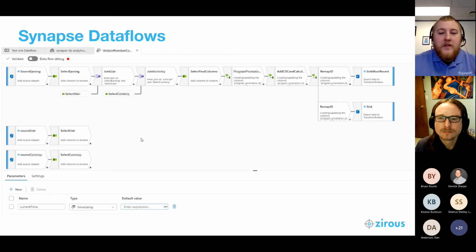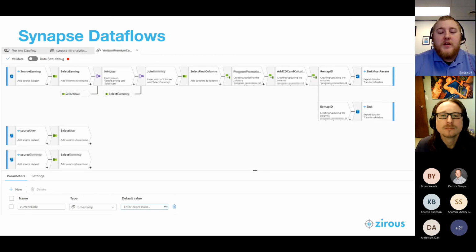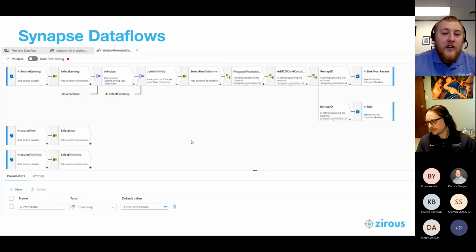The main benefits of the visual nature of the data flow is how easy it makes it to recreate what could be otherwise complex SQL statements. If you have any baseline knowledge of how to read a SQL statement, you can pretty easily translate that into a data flow. So you can see we have selects, we have joins, we have adding calculated columns, and we have essentially saving the table at the very end.